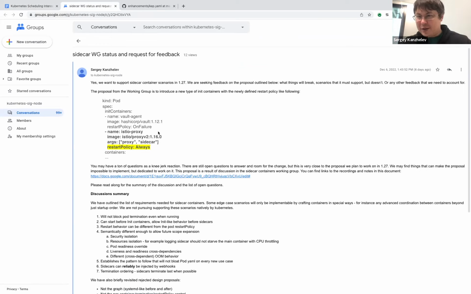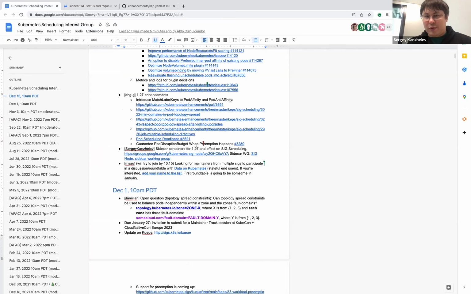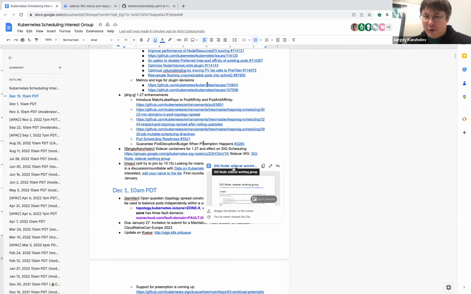If you don't know, sidecars are containers that run inside the pod and do some infrastructure or ambient work. It may be a logging container, some metrics container, or it may be a service mesh proxy that runs inside the pod and overrides all the networking. So all the networking will go through this proxy instead of the regular network. The sidecar problem is that they will affect pod lifecycle if you implement sidecars as regular containers. And that is a big problem.